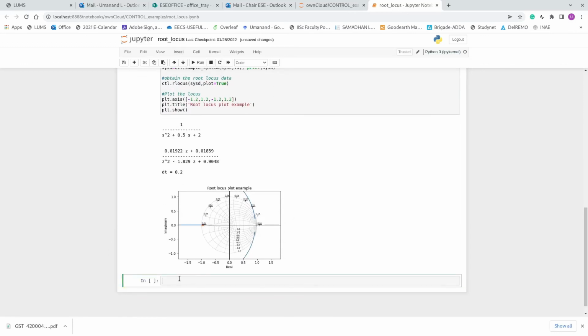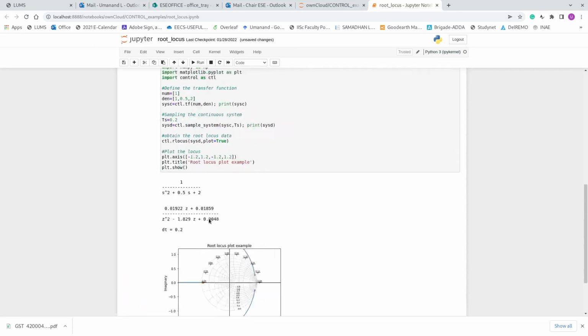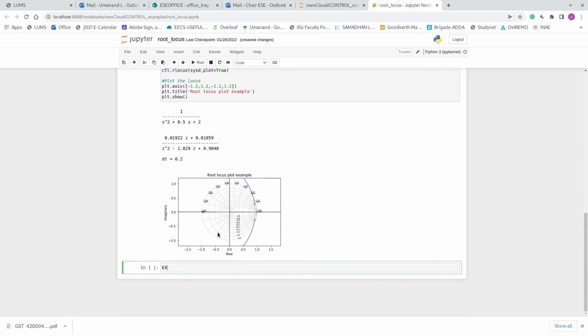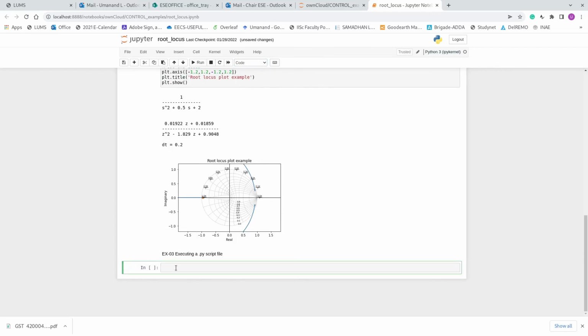So let us say, this is example 3, executing .py script file. So you already have a script file and you would like to execute that.